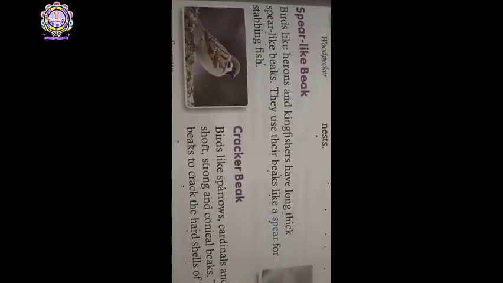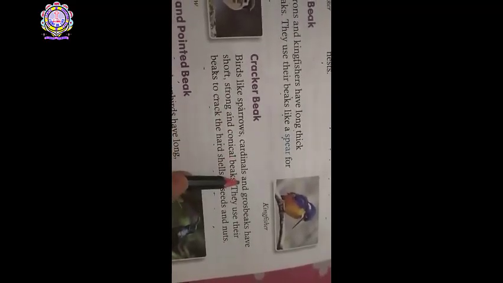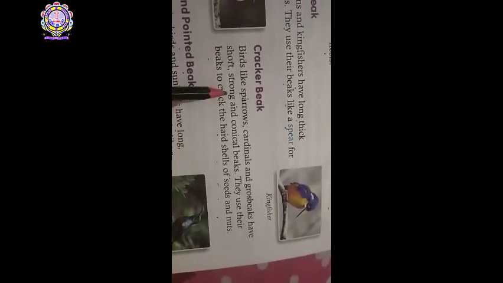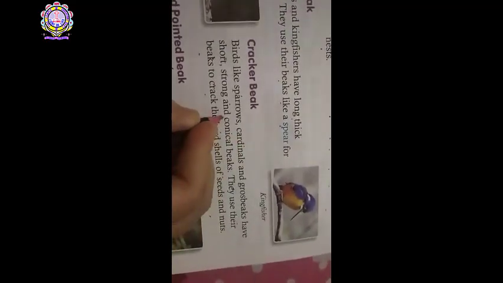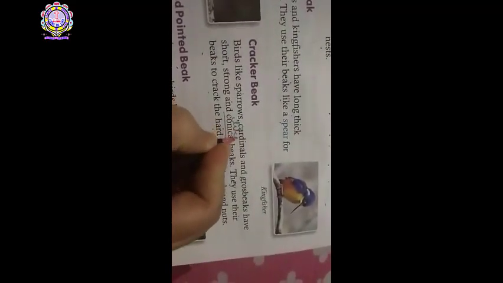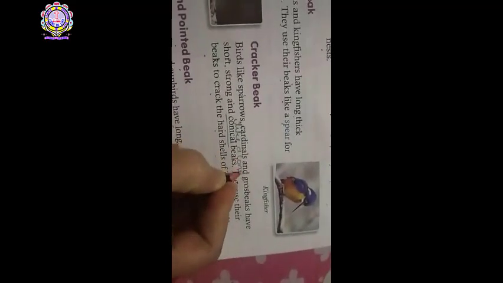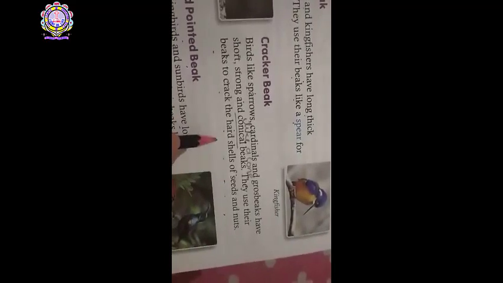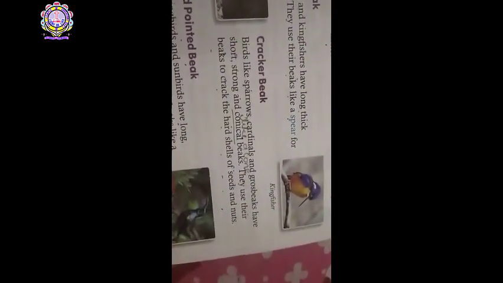Cracker beak. Birds like sparrow, cardinal and grosbeak have short, strong and conical beak. Underline the word conical. Conical means like a cone. Like a cone. They use their beak to crack the hard shell of the seed and nuts. Cracker beak is a very strong beak